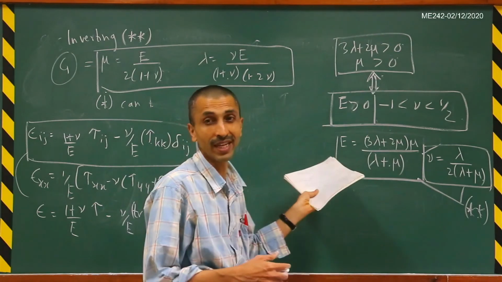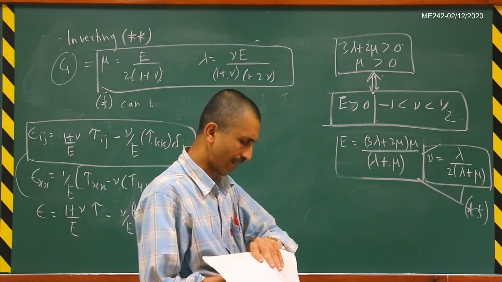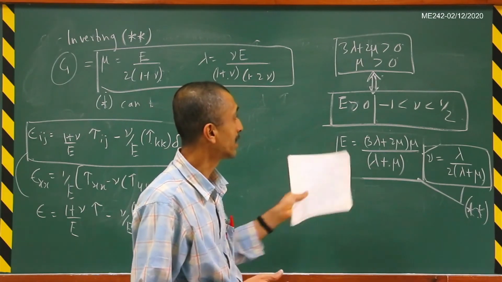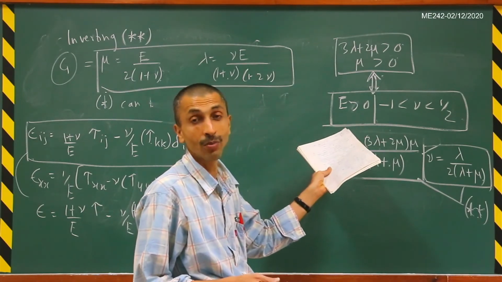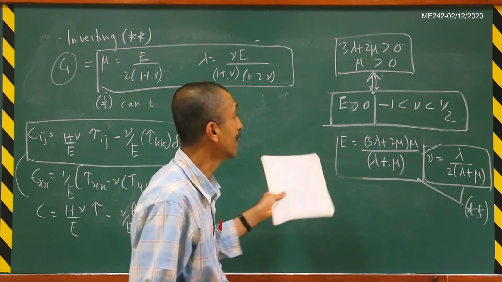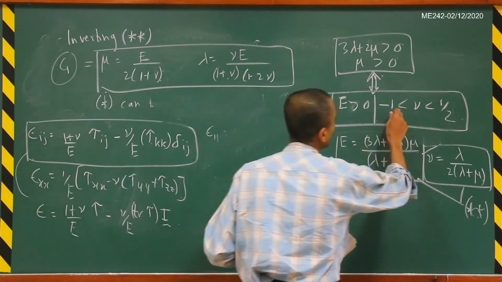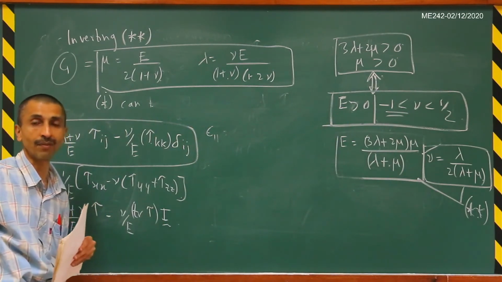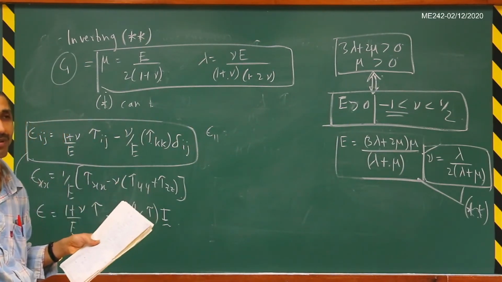something very strange has come out of this whole thing, right? And what is that strange thing here? The strange thing is that the Poisson ratio is allowed to be negative, correct? So that basically you can see that the Poisson ratio can be anything which is greater than minus 1. So it can be, for example, minus 0.5.